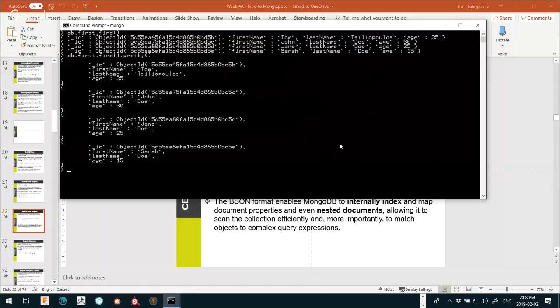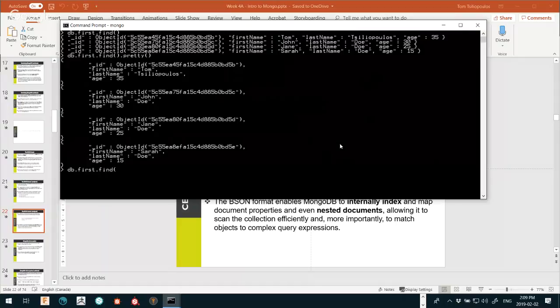So insertion is pretty simple. Insertion into a database is like a create, okay? A find is a very simple read, but we can also use find to find different pieces of data. For example, I want to find all people in my database that are over the age of 20, right? So the way you would do that is something like this,